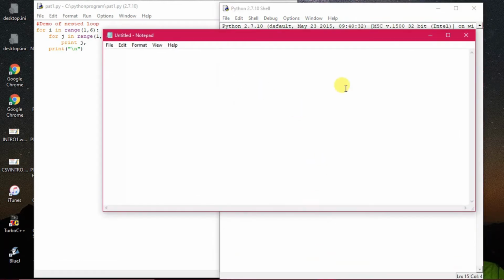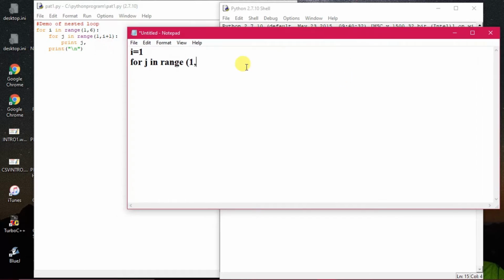So I'm coming to the whiteboard once. I equals to 1, then for j in range, it is given 1 comma, that is I plus 1. What is the I plus 1? 1 plus 1 is 2. That means as per the functionality of the range function, the loop will start running from 1 and it will stop one less. That means 1 less than 2, that means 1 only. So the loop will be executing how many times? One time only. So then it will complete its rotation and it will go back to the outer loop.